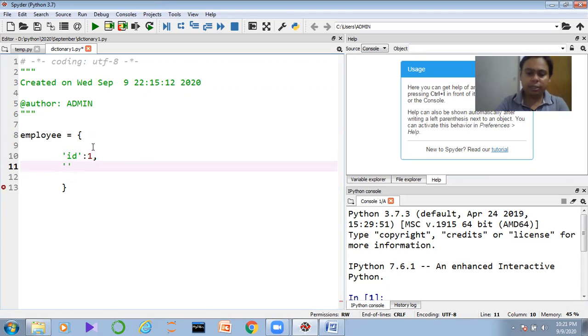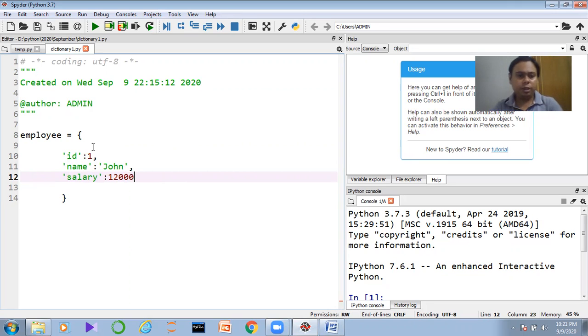Then I am writing name, and here I am defining the name as John. And here I can also define that he is receiving a salary. He might get the salary 12,000. So in this particular case, I define id colon 1, followed by name colon John, then salary colon 12,000.